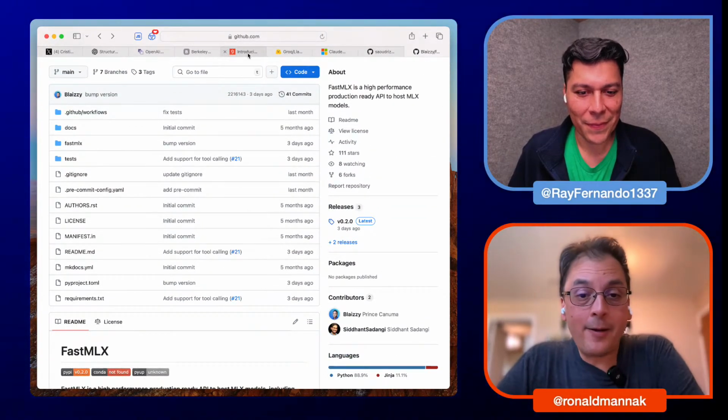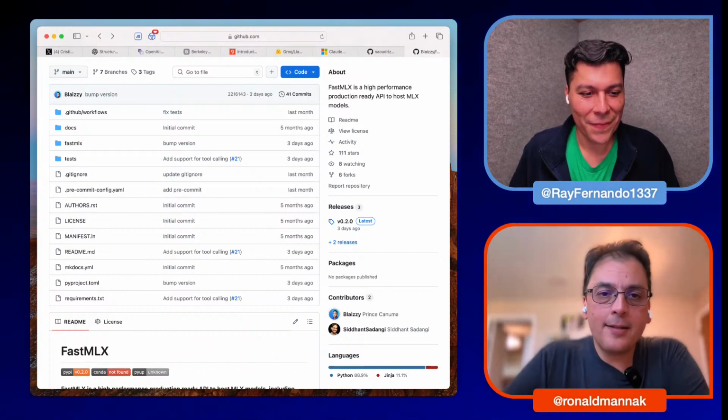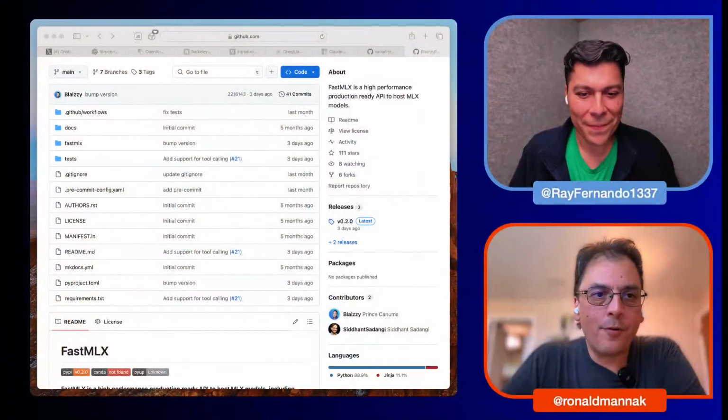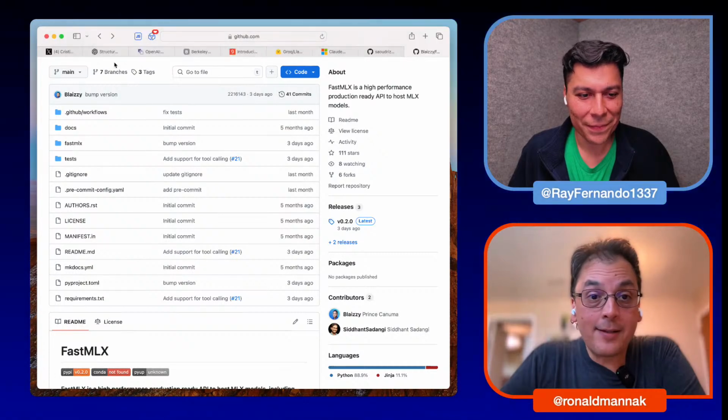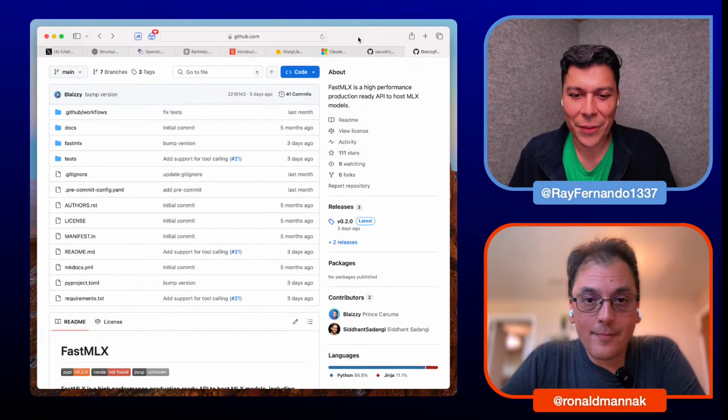Oh, by the way, I am working on Pico, my own LLM front end, to natively support FastMLX. So if it notices that you have FastMLX on your computer or network, then it automatically connects to it. So that's coming to Pico as well. So yeah, FastMLX, check it out because it's really neat. It's fast. That's really cool.